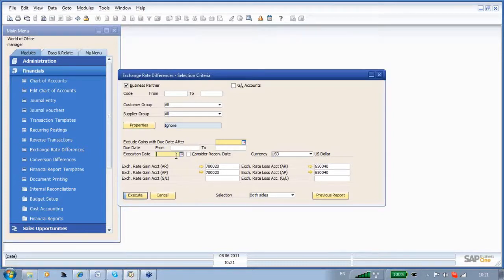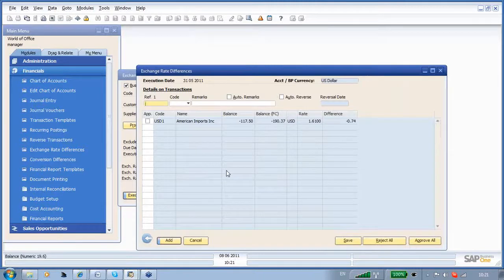I'm going to run it for 31st of May, and I'm just going to run it for US dollars initially, and when I execute that, you can see here that I have just the one account come up, because I think this is my only US dollar business partner, and you can see here that the system is saying that at the 31st of May, the balance in